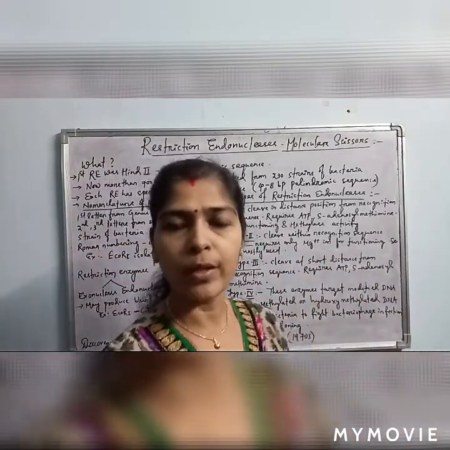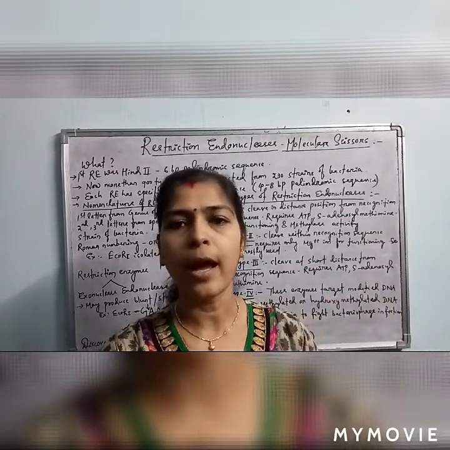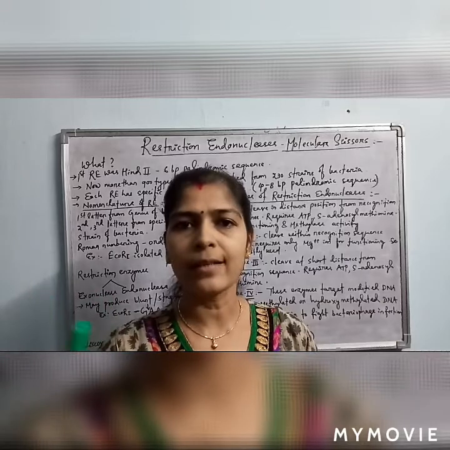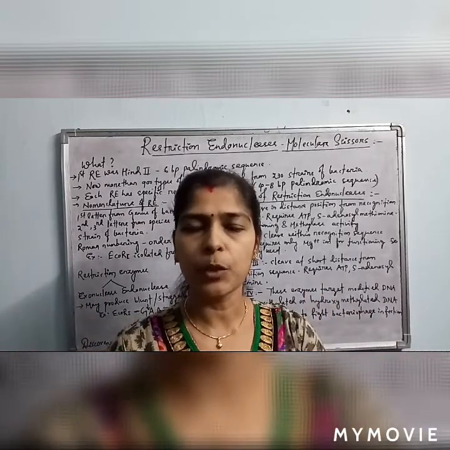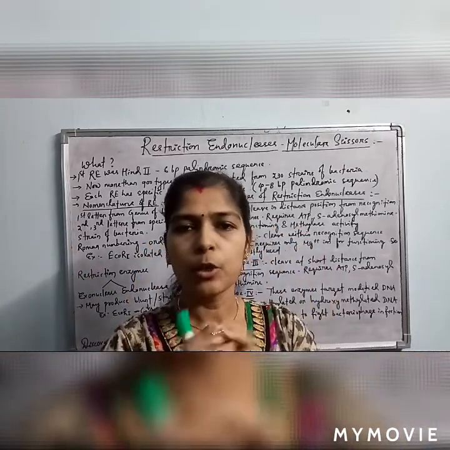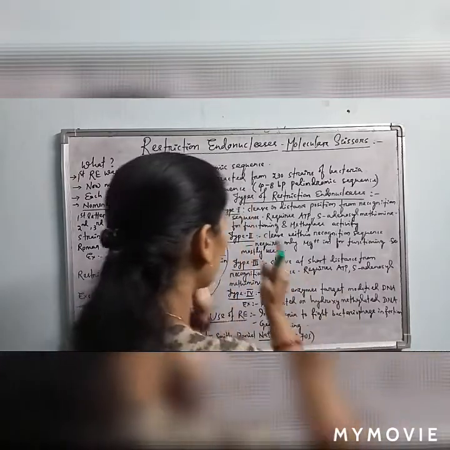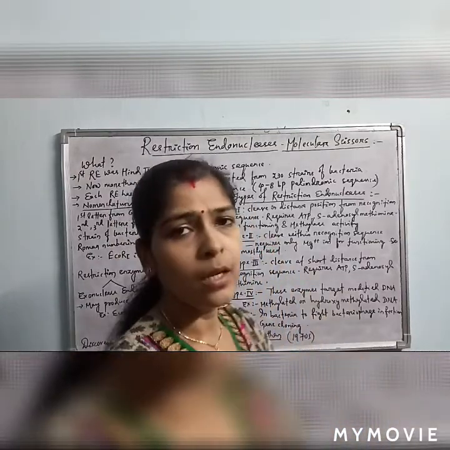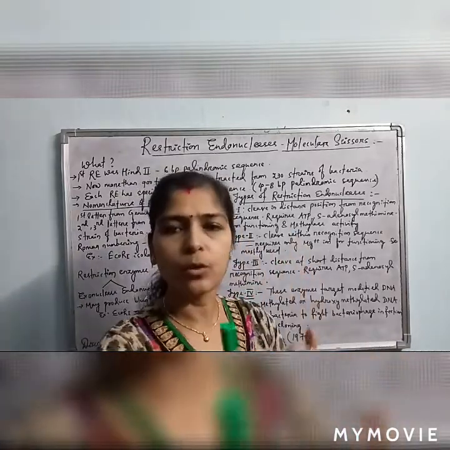In gene cloning, what is done? Any type of vector, like a plasmid, is linearized, and the desired gene is extracted and multiplied with the help of PCR technology. This desired gene is then ligated with the linearized plasmid to make the recombinant plasmid. So in gene cloning, mostly type 2 restriction endonucleases are used because they cut at a particular recognition sequence which is known to us.